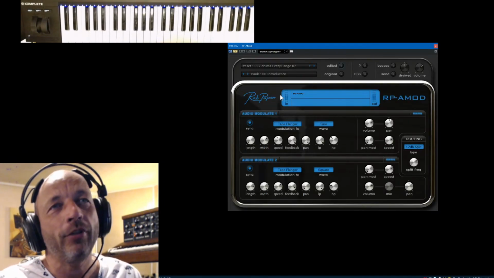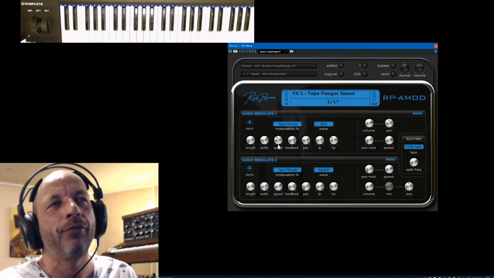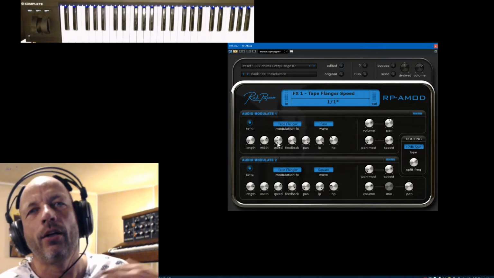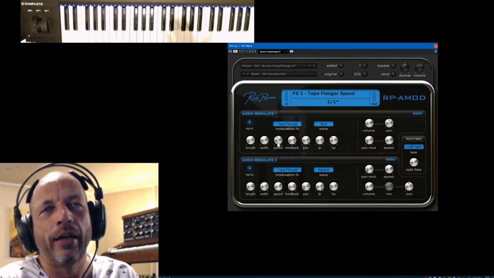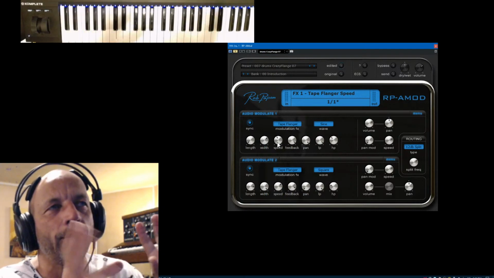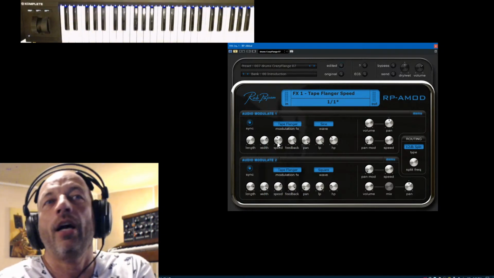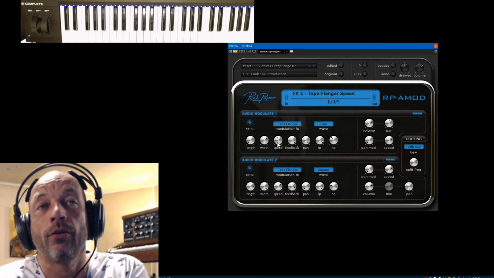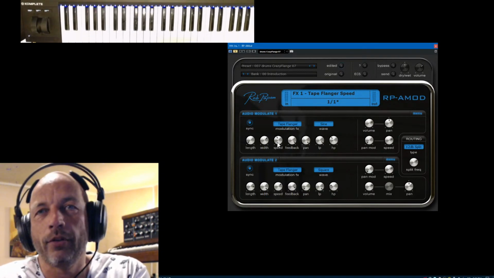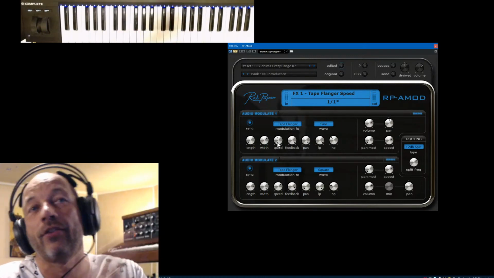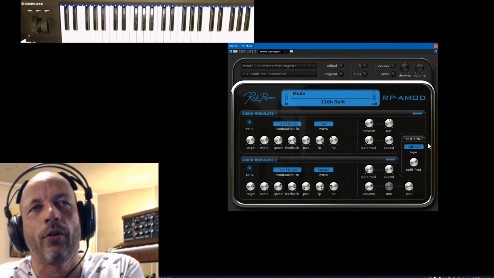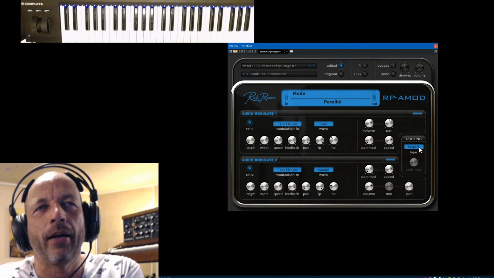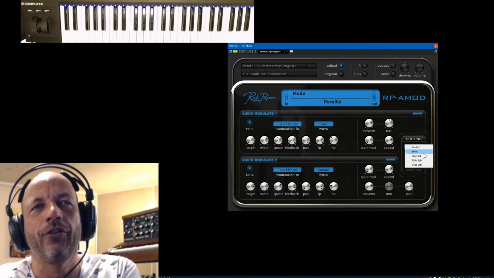So the RPA mode is something which you can request if you have one of the Waves Papen instruments or FX. You go in the My Products in the top section and you can request RPA mode. And of course it's already installed in the Explorer bundle, so you don't have to request it because it's inside the bundle. So splitting, we have parallel, we have serial,